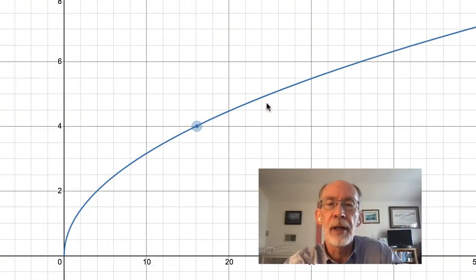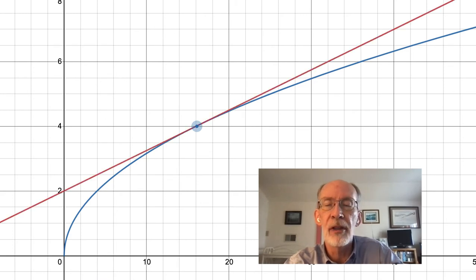So here again is the graph of the square root function, and I am going to add to my graph the tangent to the square root function at x equals 16. And as you can see, there's quite good agreement, at least visually, for a while here, maybe from the mid-teens up toward 20. And in fact, if I slide around and if I turn on some labels,